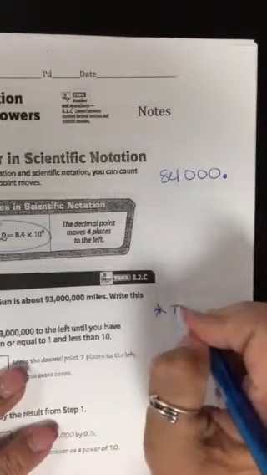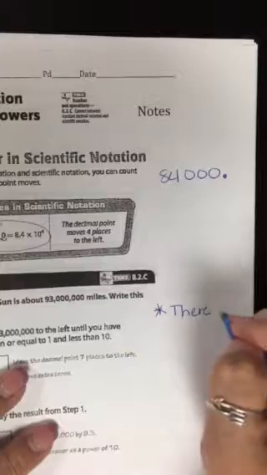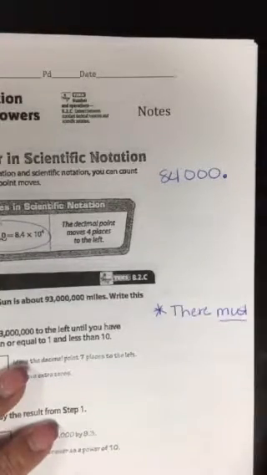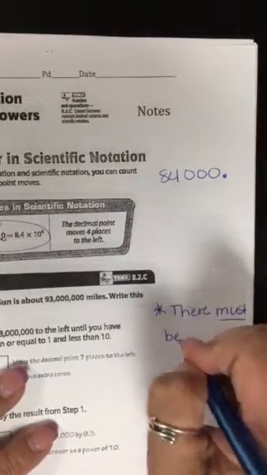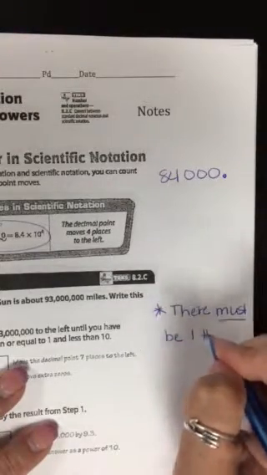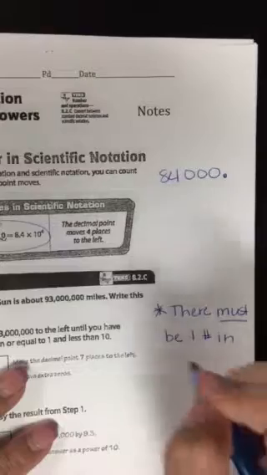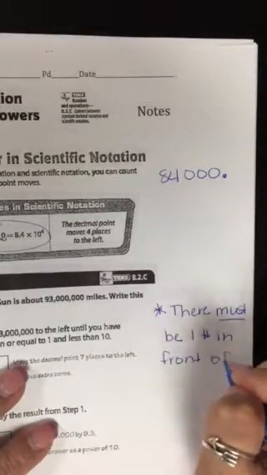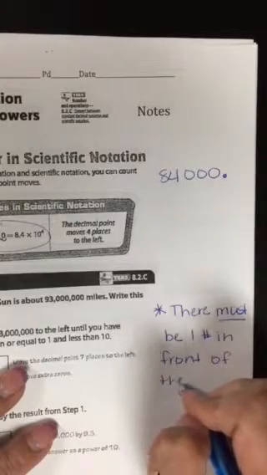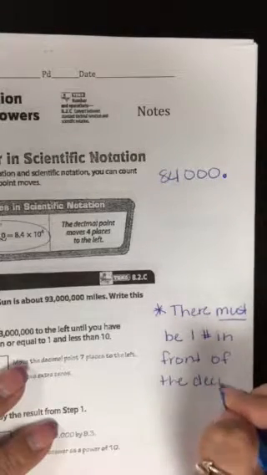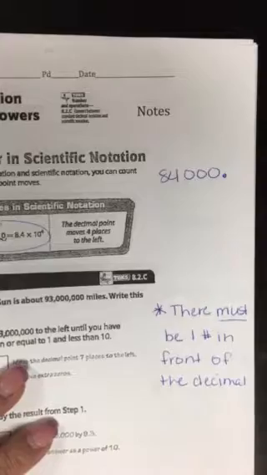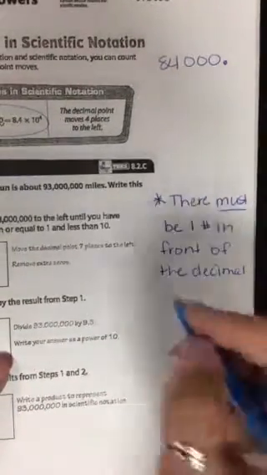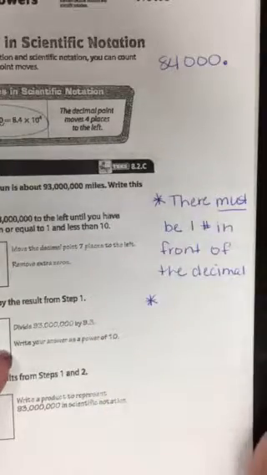First, there must, and I'm going to underline the word must because it's important, be one number in front of the decimal. So you always have to have one number in front of the decimal in scientific notation. Okay? The second thing, because I don't want you to get confused,